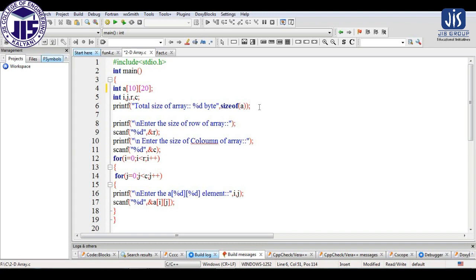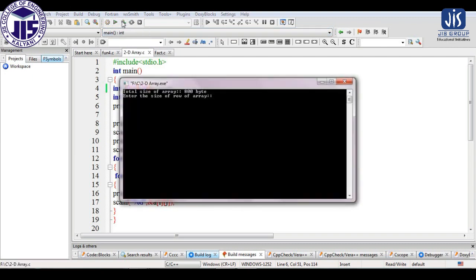So if I multiply, the result will be 200. And if the size of each integer is 4 bytes in a 64-bit compiler, then the total size of the array should be 200 into 4, that is 800 bytes. So as you can see here, in the output we are getting the total size of the array as 800 bytes.